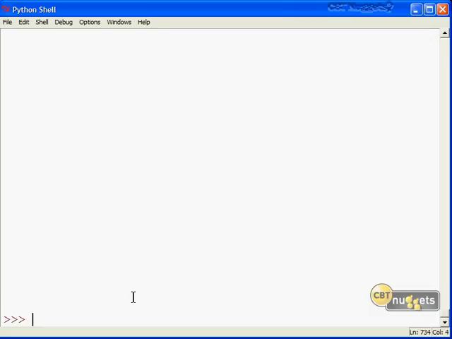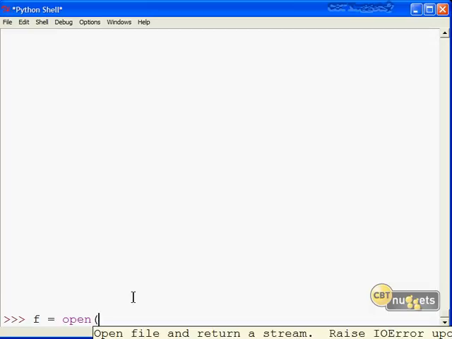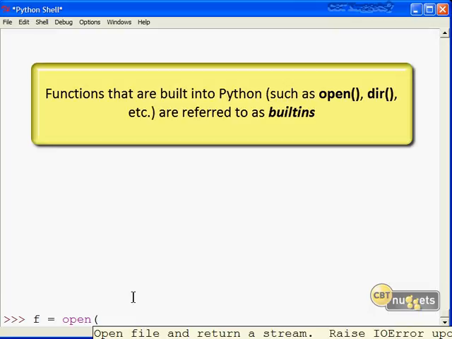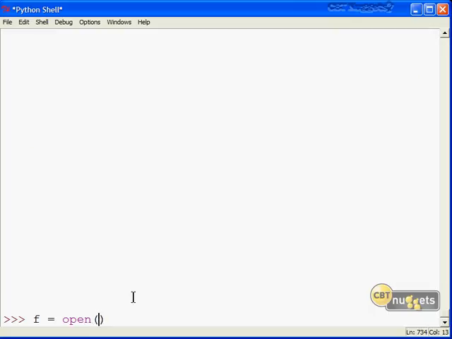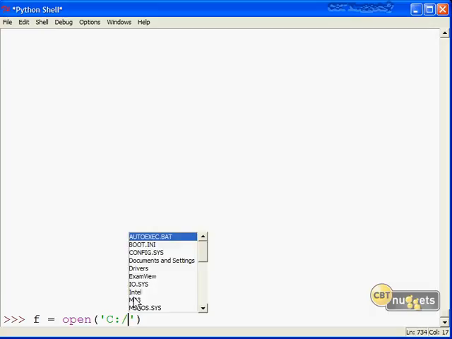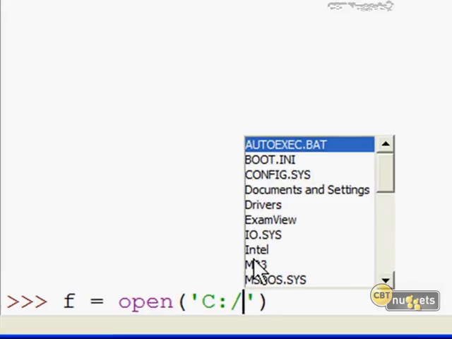Excellent for administrative automation. So what we'll do here is declare a name called f, and I'm going to call the open function that's baked into the Python interpreter. And this opens a file from the file system and returns a stream of characters. So all we need by default, just at the very basic level, to attach a file handle to this file is, in a quoted string, the path to that file. Now note I'm using the / here because I don't want to start running into problems with the \ and